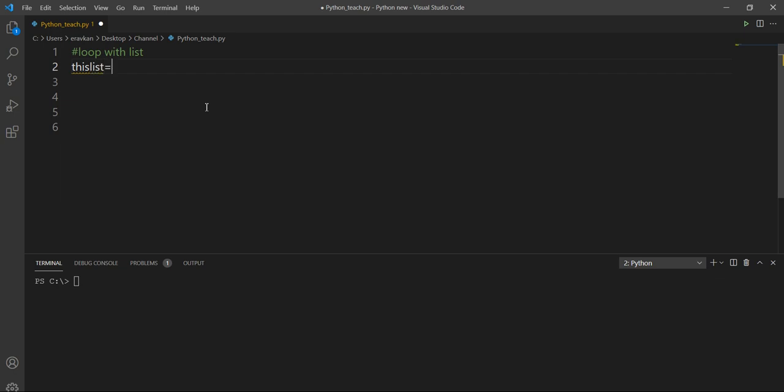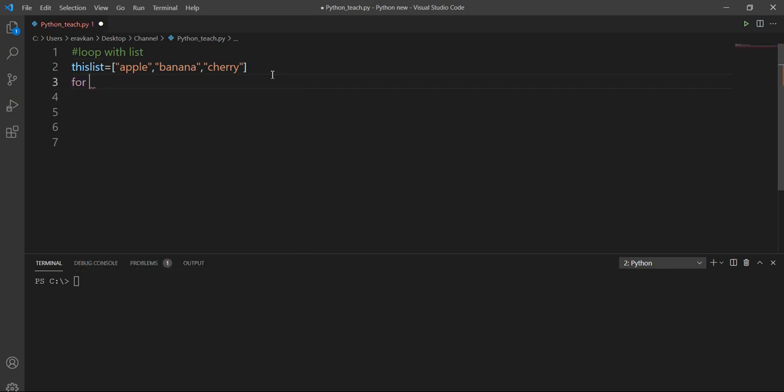Suppose I have a list, and this list contains apple, and suppose banana, and this contains item cherry. So my list contains three values.